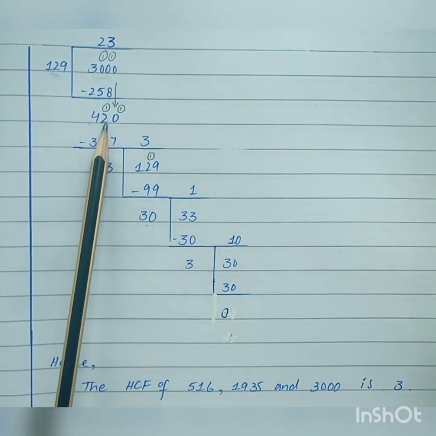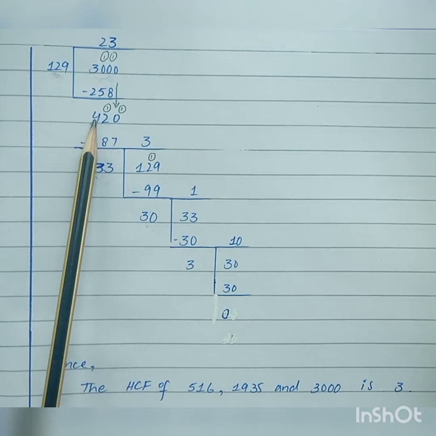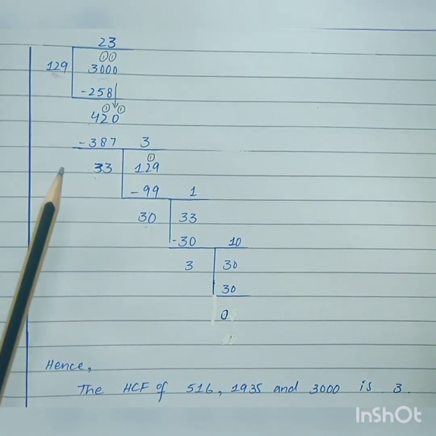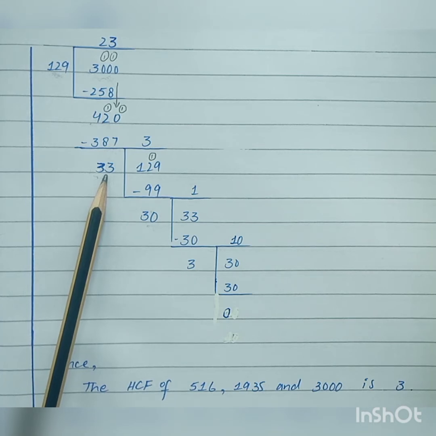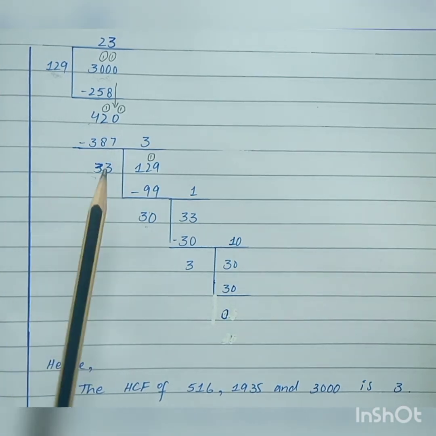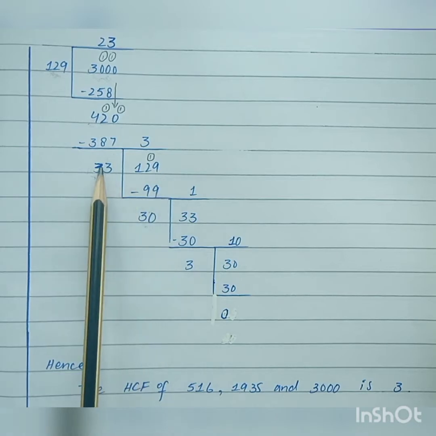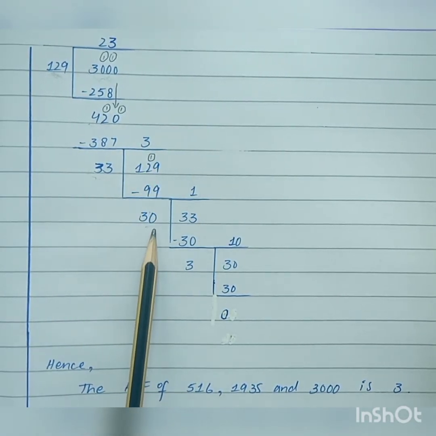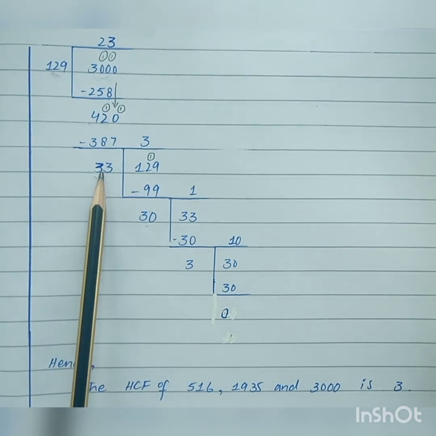2 becomes 11, 11 minus 8 is equal to 3, and 3 minus 3 is equal to 0. 33 is the smallest value, then 129, so further division is not possible. So 33 take outside of the bracket and 129 take inside of the bracket, and divide these two terms. 33 3s are 99, subtract these two values, so we will get 30, and 30 is also the smallest value,